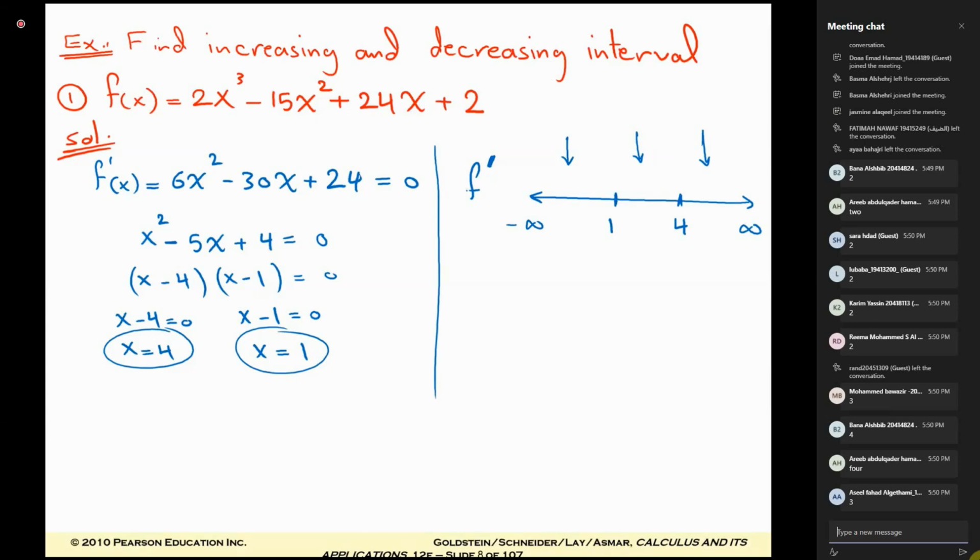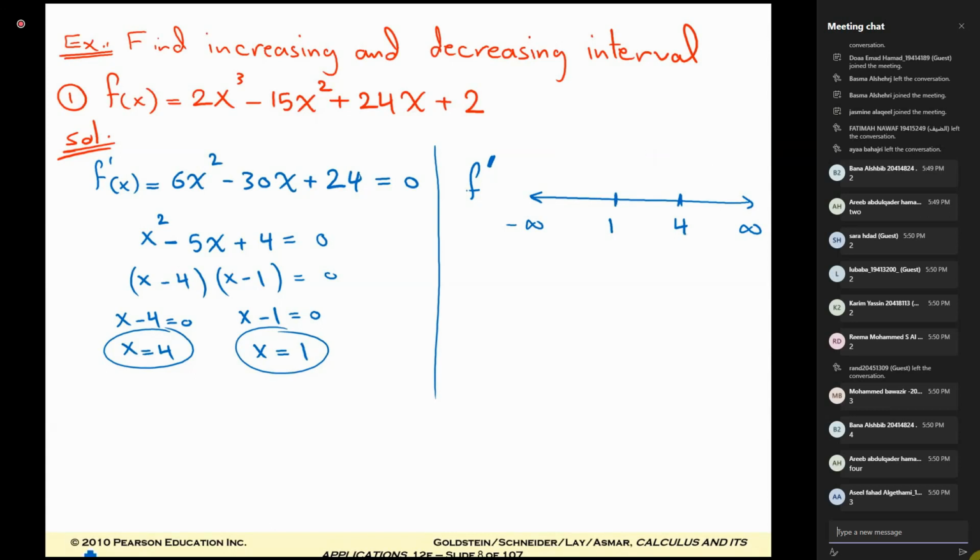If we have, for example, 4 critical values, we have 5 regions. If we have 3 critical values, we have 4 regions. So the number of regions is the number of critical values plus 1. Okay? Now,